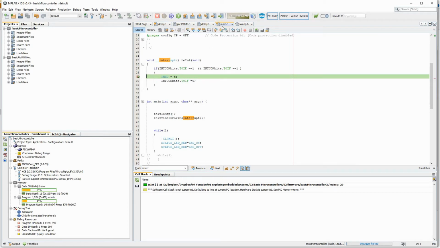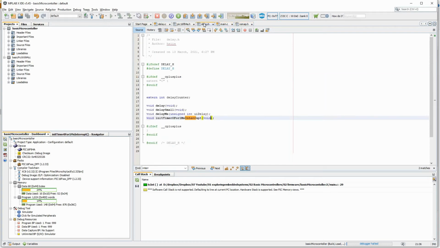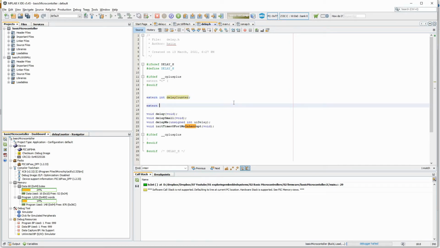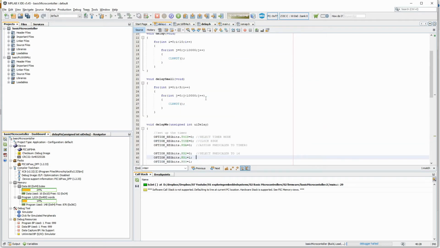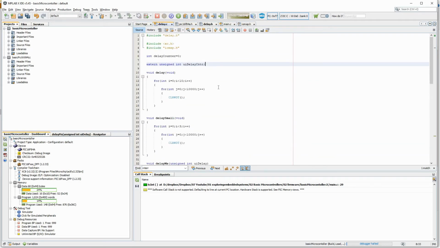So for this, let me have one variable here. Let me have extern unsigned int ui_delay_counter. So in delay.c I will have this also. Counter is equal to 0.